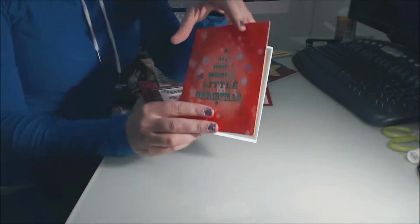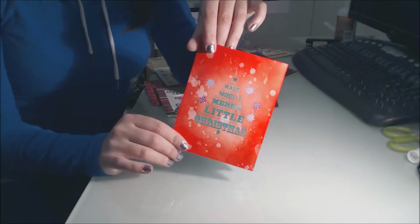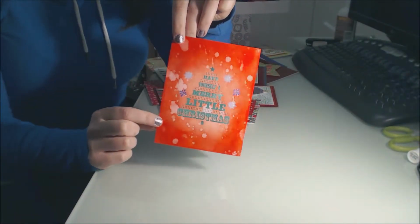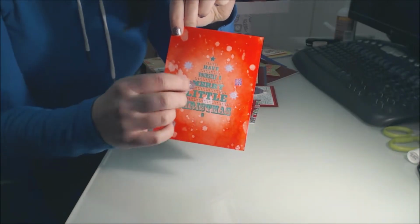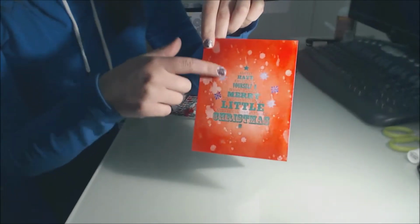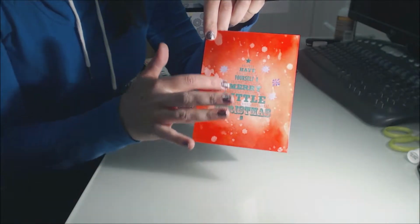Oh, this card is special because it was my first time ever using distress ink. So I used Barn Door, the red distress ink, and it's a lot darker on the edges and lightens up in the middle. And then well, first of all, I stamped it and embossed it. So